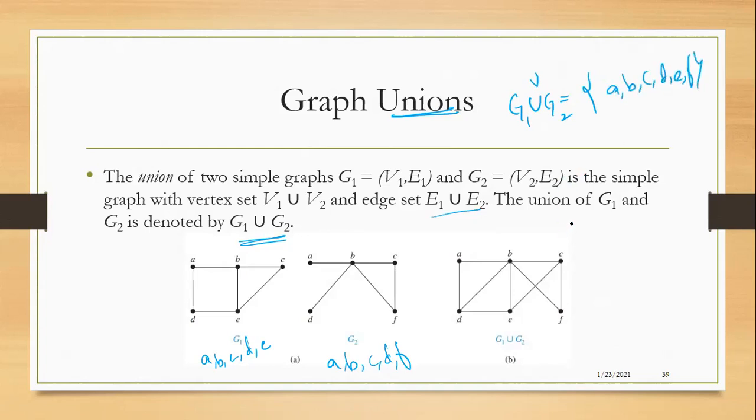After that, what about the edges? So here A is connected to B, that I have done, and A is connected to D. Here A is not connected to D, so I'll take the edge of this one. A is connected to D. After that, if you notice, B is connected to D. Over here it is not connected. So since we have the union, this will be B is connected to D. So whatever edges are present in both the graphs, you have to draw all the edges in G1 union G2. These are very simple concepts and also important only for 2 marks. There is nothing difficult to understand in these concepts of graph terminology.